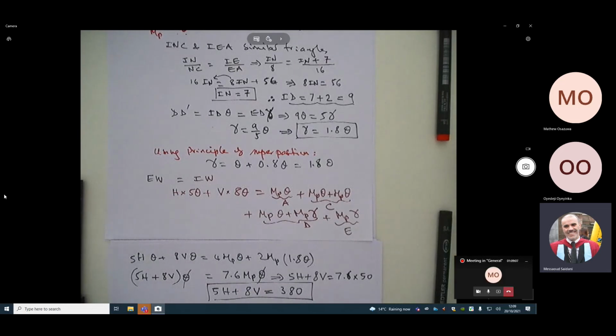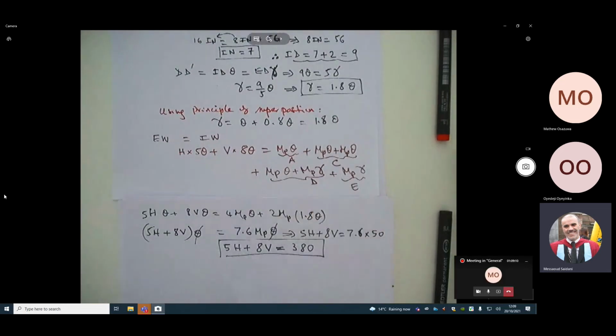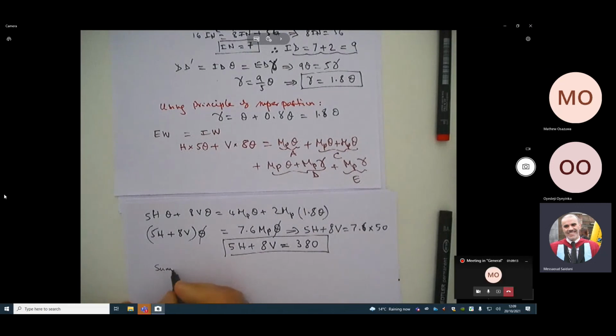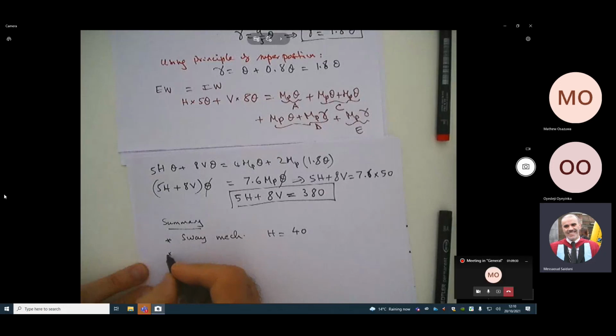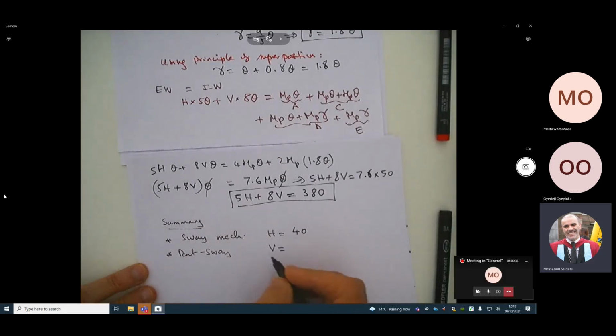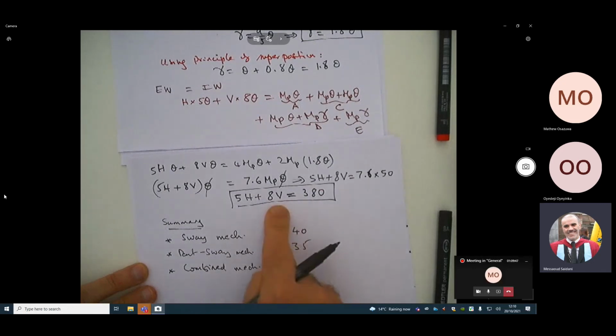Okay, let's continue. Let's resume this and finish it. So to summarize, for the sway mechanism, we have H equals 40. For the part sway, we have V equals 35. And finally, when you combine the mechanism, we have here 5H